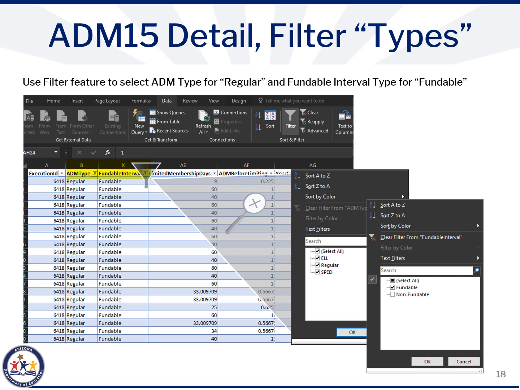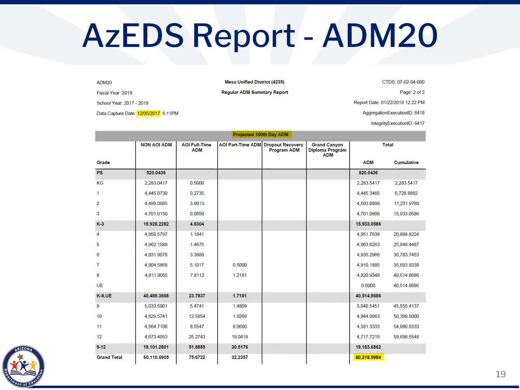So we want to make sure that we are filtering column B for regular ADM type, and we are only looking at fundable students before we can sum the limited membership days column. Once you have filtered for regular ADM and fundable students and summed limited membership days, you will see that that value is the same value that is pushed to the summary report of your ADM, which is known as the